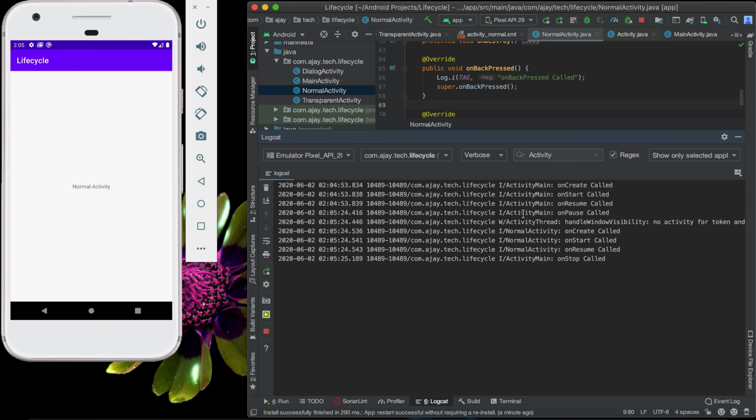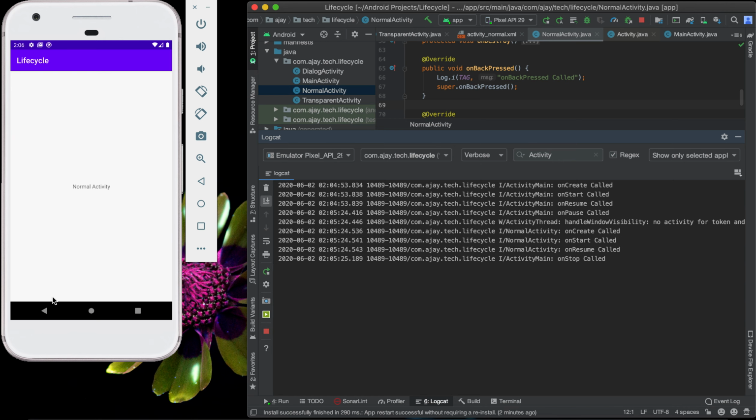So when we start another activity from our main activity, first the main activity gets paused, then the upcoming activity's onCreate will be called, then onStart, then onResume, then the main activity's onStop method will be called.